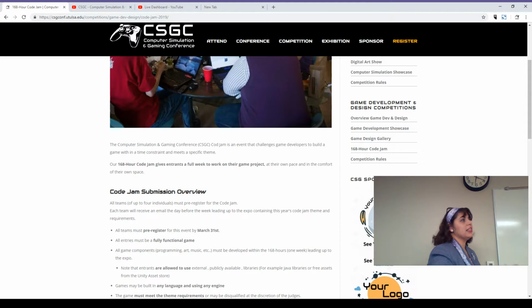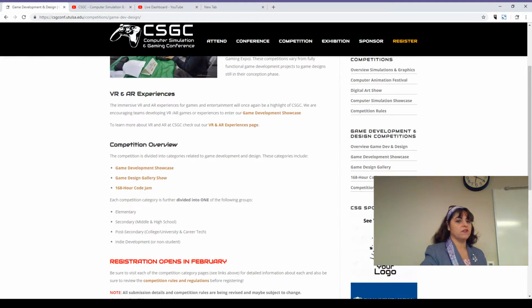If you're participating in one of the categories, do you have to do the Code Jam, or is that a side thing? No, it's a side thing. Each one of these competitions is independent of the others. On game development, we have the Game Development Showcase, which is a full-featured game. The Code Jam is a game that you and your team made 1 week before the submission deadline.